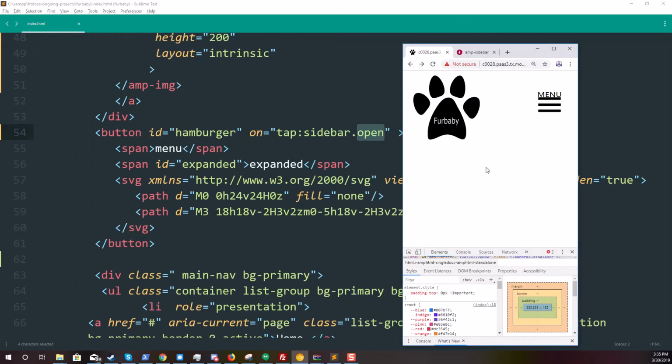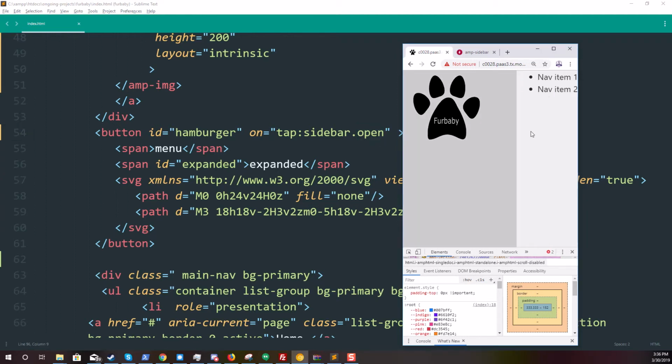Now this is like a magical function, if you will, that changes the sidebar's style attribute. So you have that slick animation over here, and now you can close it even if you click somewhere on the side, or you can also close it with the escape key, which is one of the reasons I really love AMP sidebar, since it is accessible, and this is a big deal. Coding an accessible off-canvas menu is really taxing.